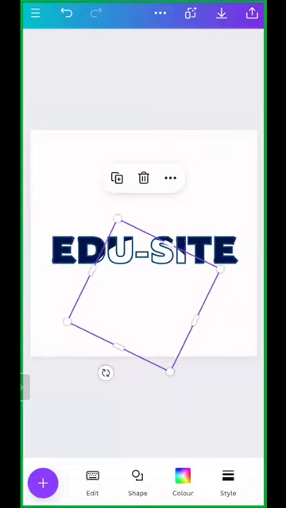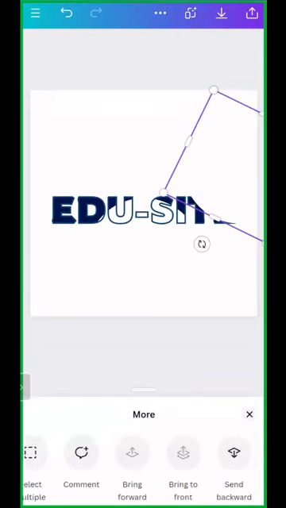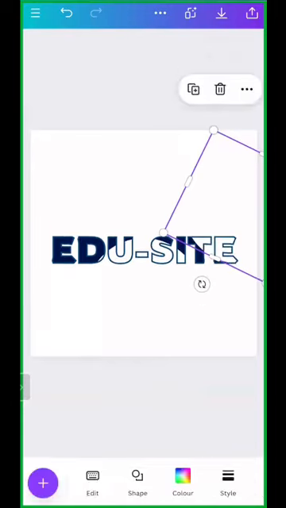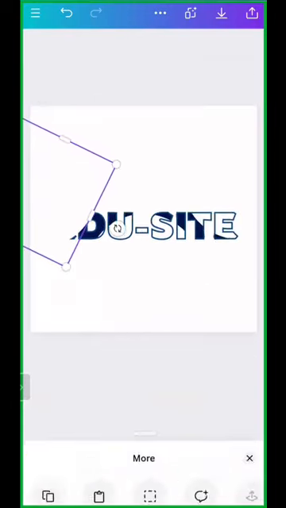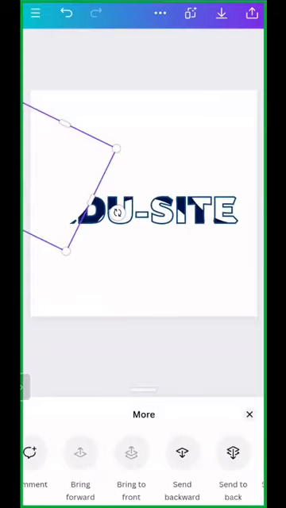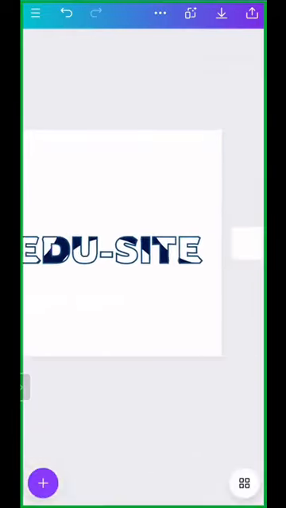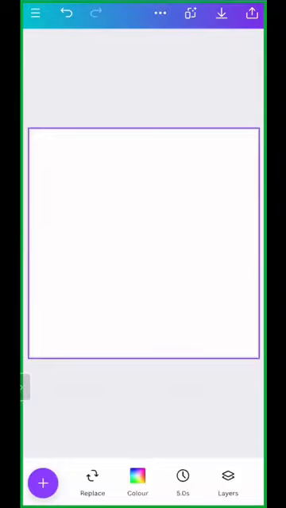Enlarge the font of the B. If you want, duplicate this, place it here and send it backward. One backward you have to send. Then if you want it again somewhere, you can duplicate it, place it here, and then send it backward. Only one backward. Fine. This way you can make it appear. This is one way of doing things. Come on, dear sisters and brothers. We have several